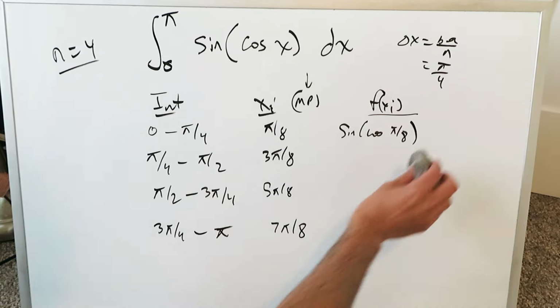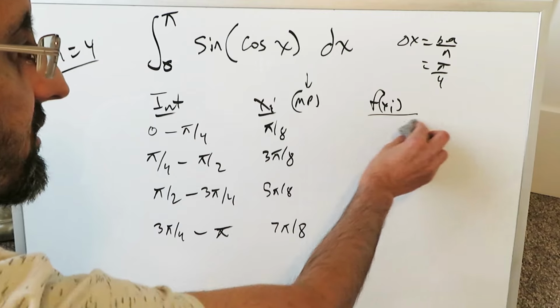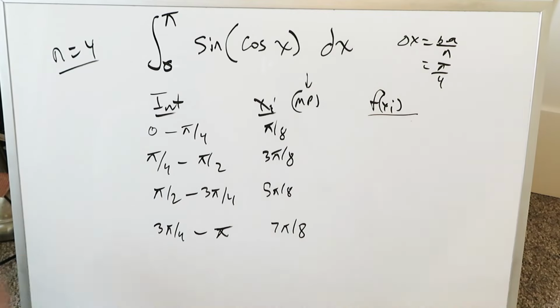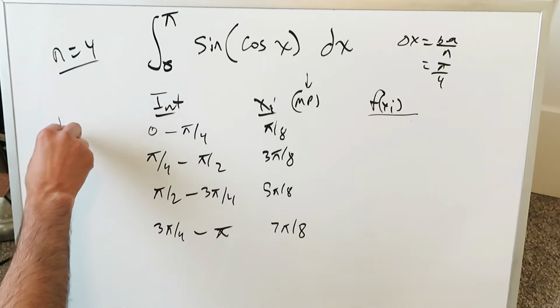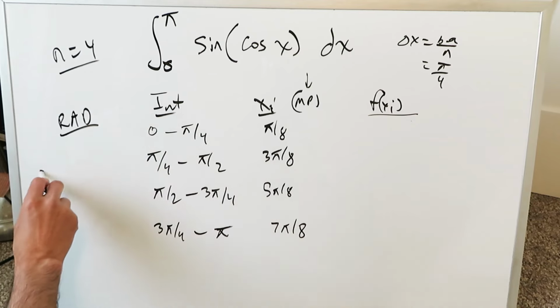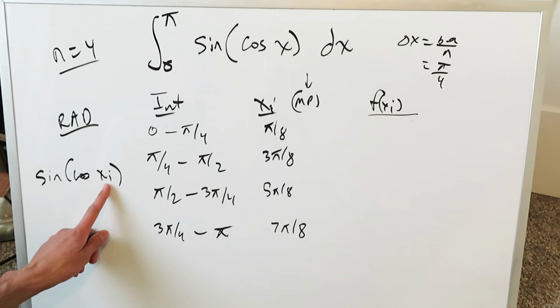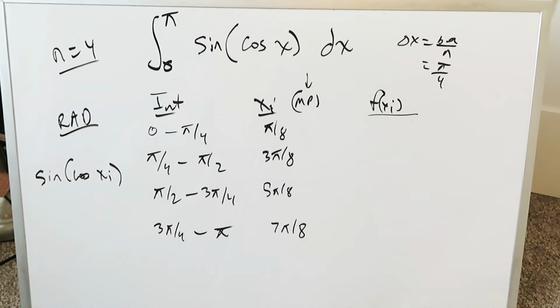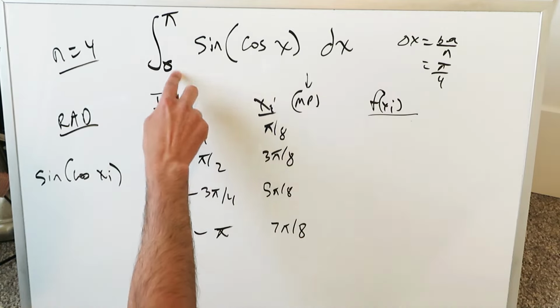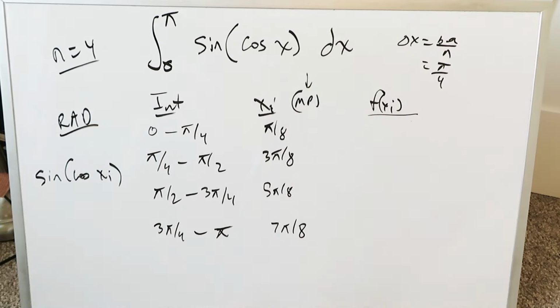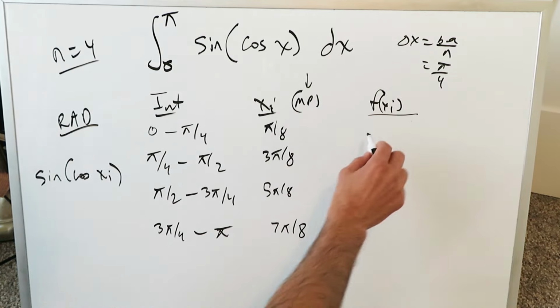What we'll do is put the midpoint values into this function, sine of cosine x. Keep your calculator on RAD mode. I'll plug in the values, and at the end we'll determine our area below the curve from 0 to pi, which would be the end result of this definite integral. From here you're getting